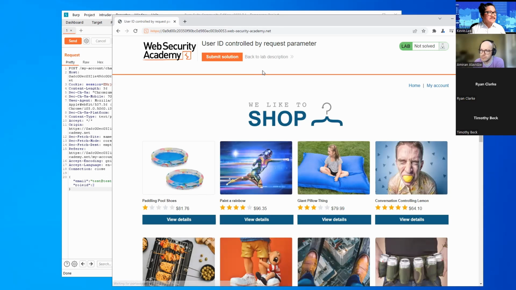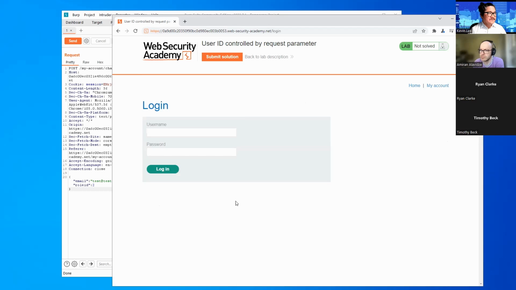Okay, so we're back to our familiar web app here. Like in the previous labs, we're going to try to log in to the app using the My Account link over here. So just click on the My Account link, and then we're going to use the provided credentials, Wiener and Peter.